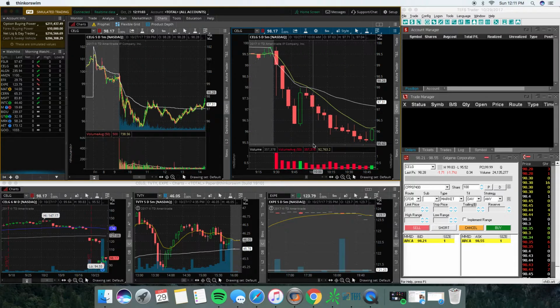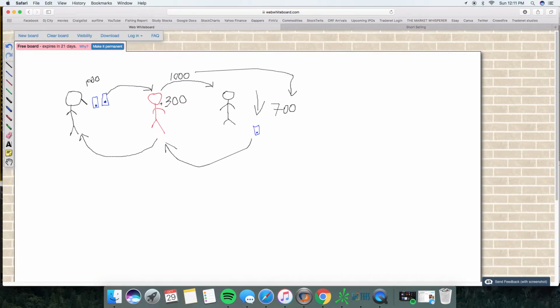So when you short something, you must short sell it to somebody that is willing to buy it at that price. So you must sell it to somebody on the bid. So now if we go back to this, your friend with the iPhone is the broker. That is who is lending you the shares at no cost. So he's lending you the iPhone. So your friend is the broker, this is you, and this person right here is the person sitting on the bid.